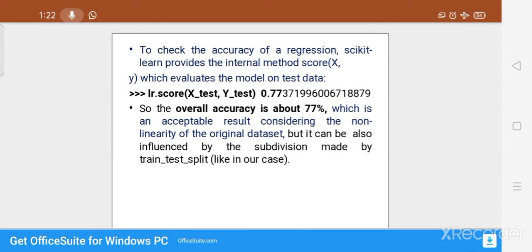We are building a model from the training data set and applying it on the testing data set to find out the accuracy of the regression. To apply it on the testing data set, we use the function score, which will calculate the accuracy, and in our case it will be 77%, which accepts the non-linearity of the data set also.